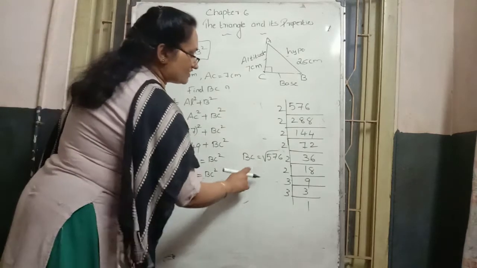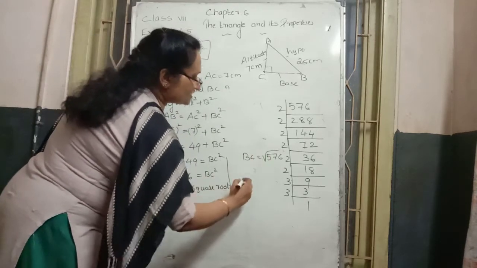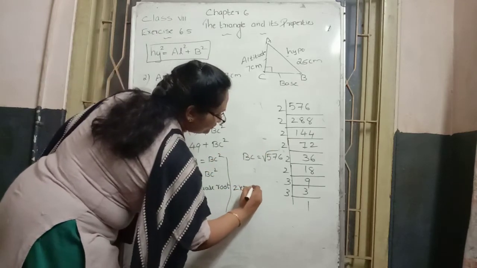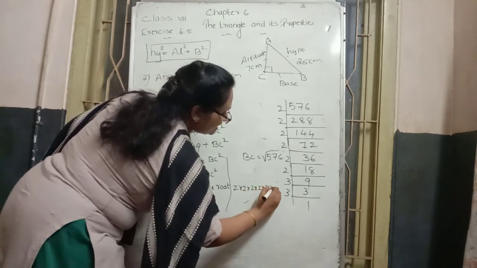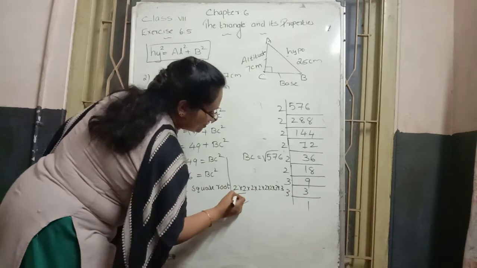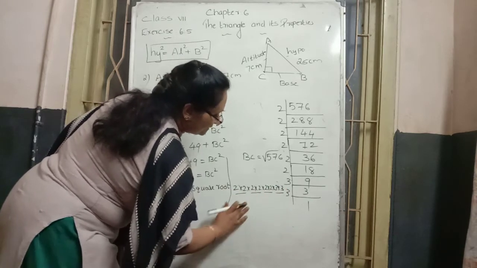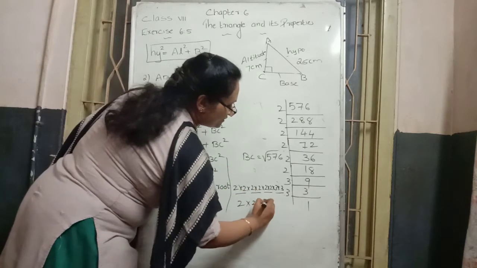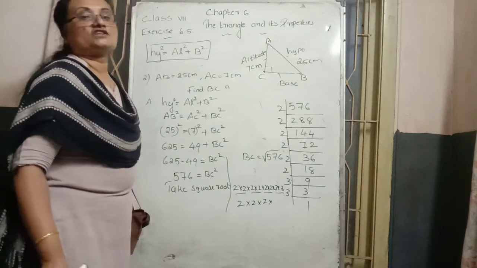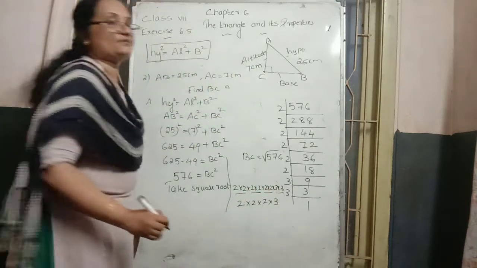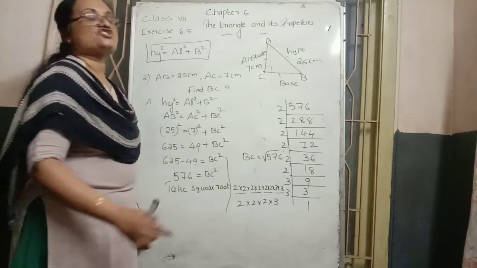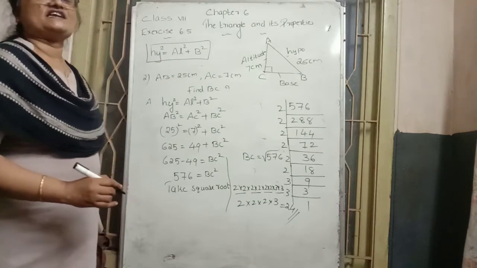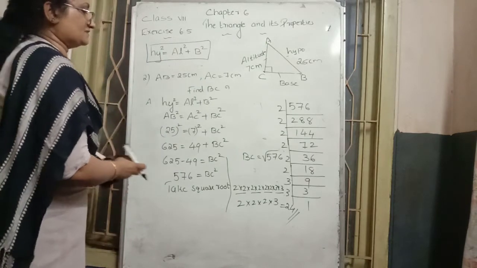Then to take the square root, what are the values there? In 576, how many 2s are there? 6 times 2, and the product of prime numbers is written like this, and 3 times 3 pairing. First pair, second pair, third pair, fourth pair. From each pair take 1. First pair, 1 two. Second pair, 1 two. Third pair, 1 two. Fourth pair, 2 3s are there, so 1 three. Then multiply. 2 2s are 4, 4 2s are 8. 3 3s are how much? 24 is the answer. I hope you can understand how to solve these answers.